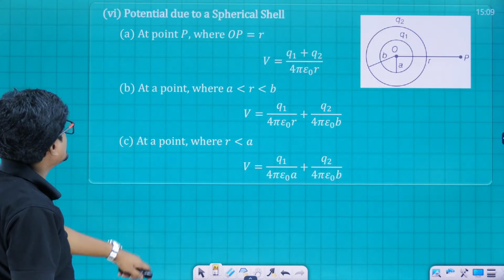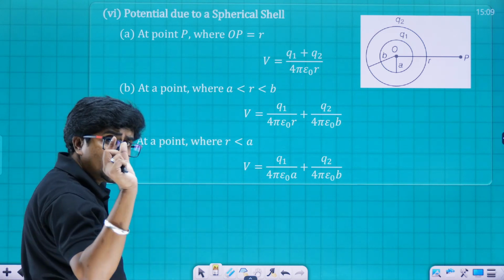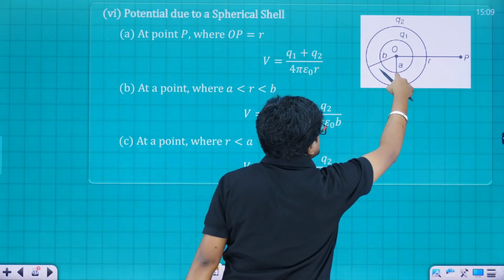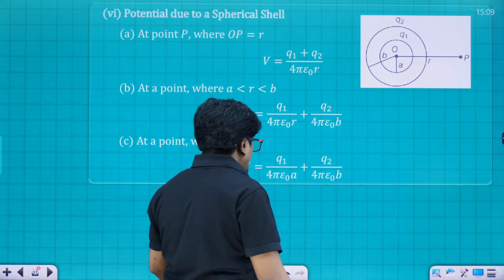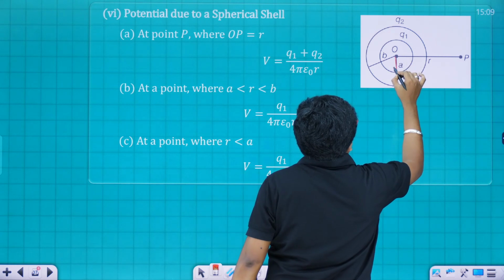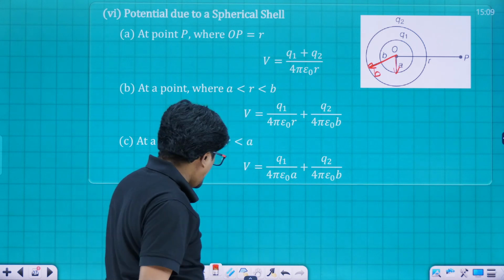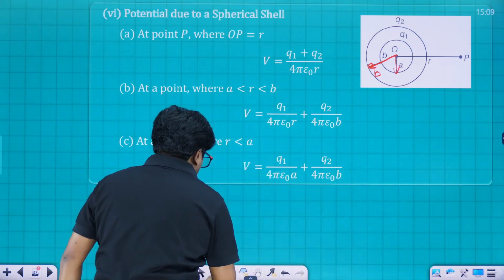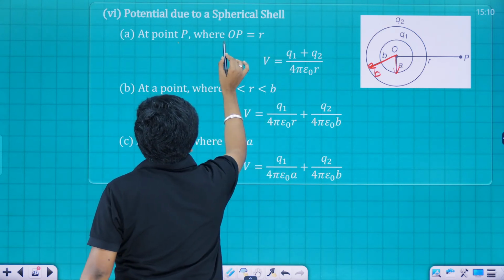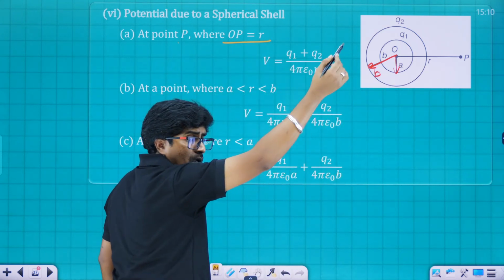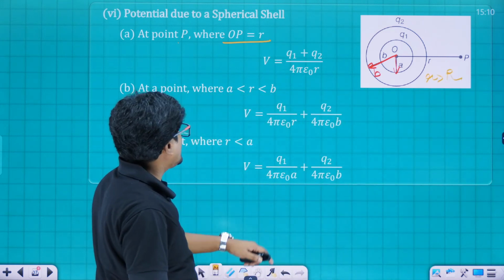All right, now moving to the next, that is electric potential due to a spherical shell. There that was a thin shell and here we are having a considerable difference in the area. The inner radius is small letter a, I repeat, inner radius is small letter a, and the outer radius is small letter b. Now let's see how it needs to be considered. If we are having a point P at a distance small letter r greater than capital R,